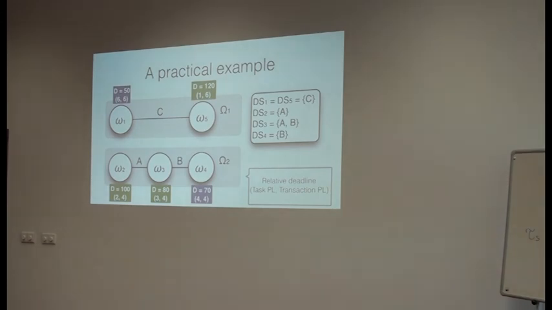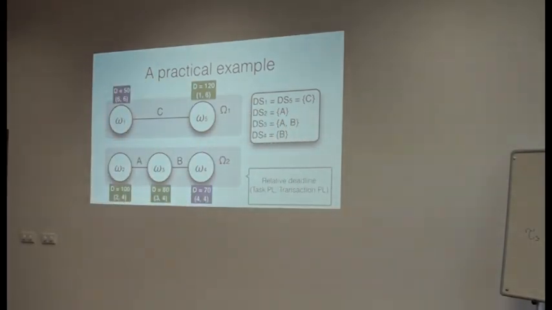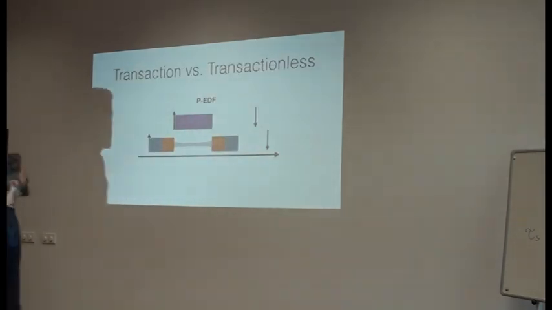And since this one in this core has a far deadline, it could be preempted lots of times. And it was only allowed to finish here, which was past the deadline of this one. So what I do is, while this task is executing the transaction, it will have the preemption level of this task. Okay? So it's like if momentarily it has this deadline. Not rigorously speaking, but so